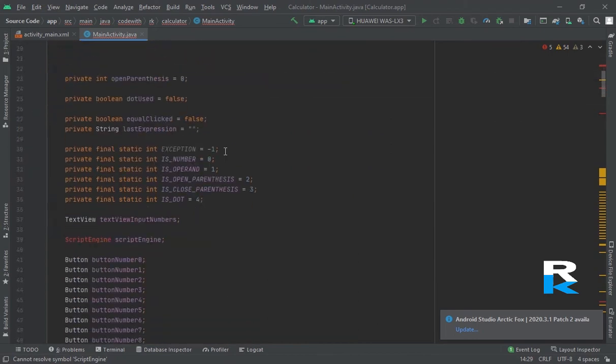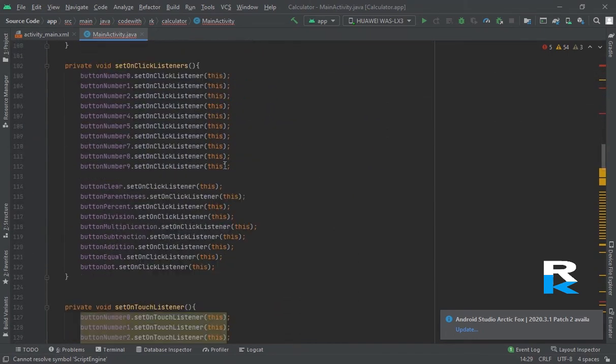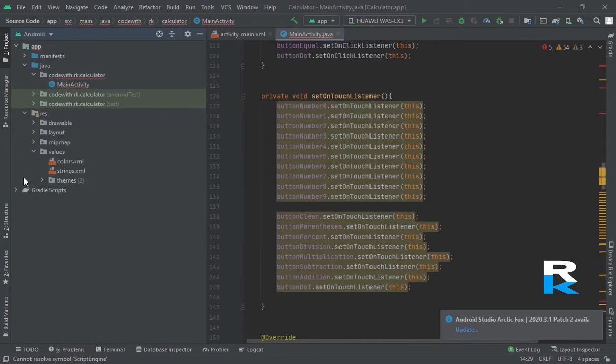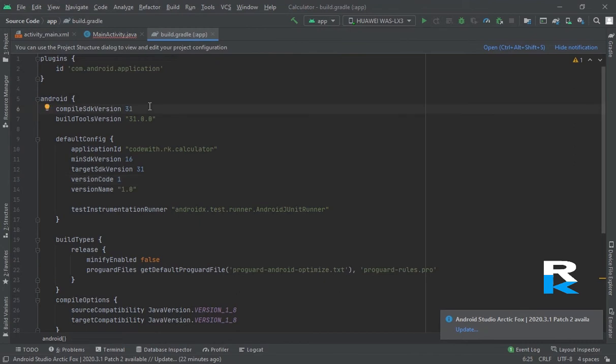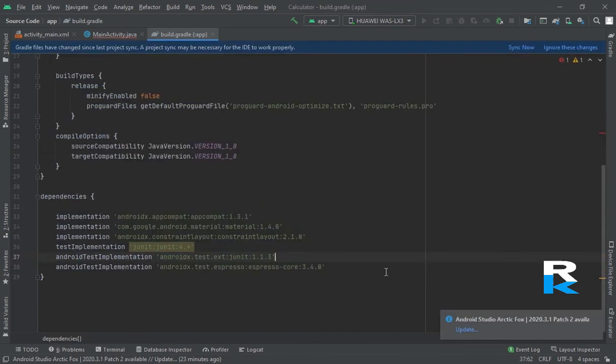Now here are some changes in the build.gradle file. You should keep the compile SDK version to 26. Target SDK version 26. Fine, 26. Minimum SDK version to 23. Now here are some libraries.